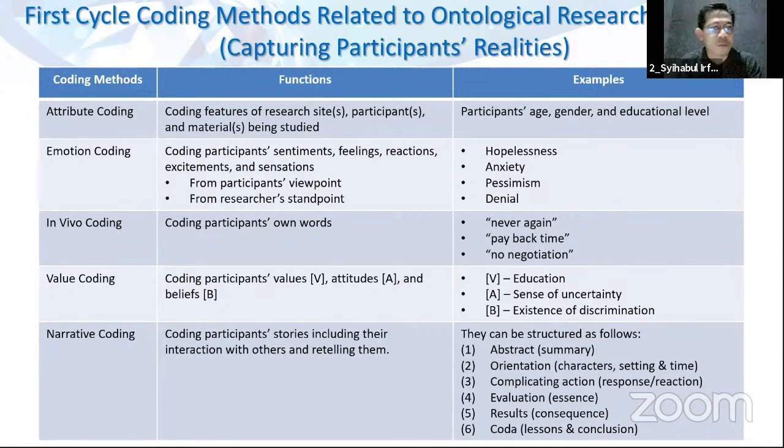For in vivo coding, we use participants' own words. For in vivo coding, we can pick particular participants' words like "never again," "payback time," "no negotiation," and so on and so forth, which can be coded with such participants' words. Okay, for value coding, we code participants' values, attitudes, and beliefs. For example, we can code values with V, attitudes